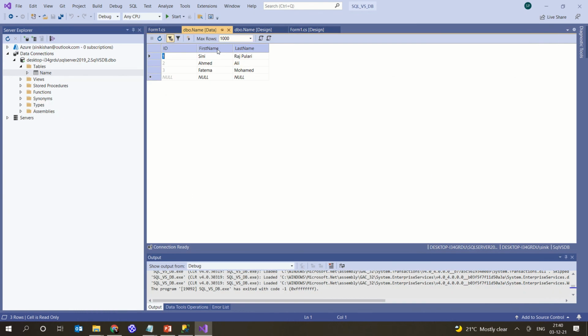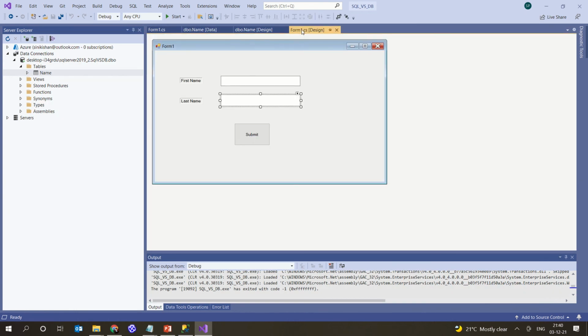Alright, so this is a small example which will help you to understand. Say if you have a small login page, what you have done is that you have created the login page, and you have connected Visual Studio with the SQL server, and you are adding some particular data in the form, and that data is basically getting updated at the backend in the SQL server, right? So this is what you have done. This is actually a small example, a small part which will be helpful for your project. Now you could actually explore more into it.